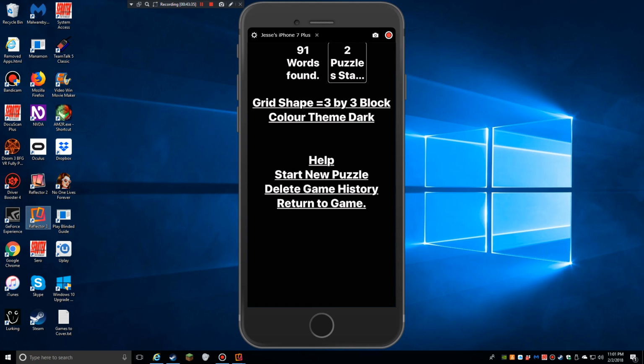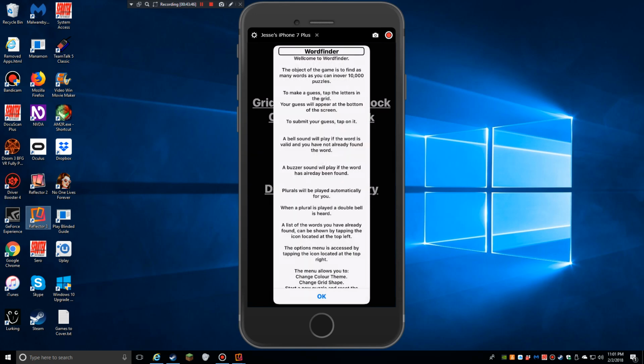But really, that is WordFinder Game. Return to game. Delete game history. Start help. I guess we can go into help so you can see what that is. Oh, okay, WordFinder. I'll just let it read this for you here, because this is basically the first thing that